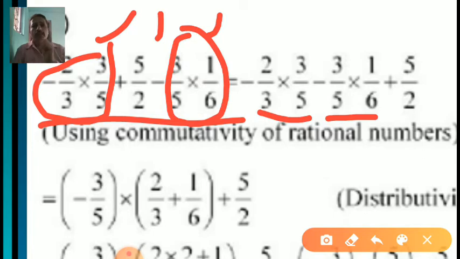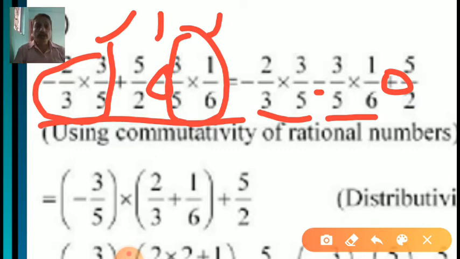But student, be careful. Listen, be careful. When you are shifting the terms, you should take its sign also. So what is the sign of the third term? Yes, this is the minus sign. So minus has to be put here, not a plus. Okay, now the second term will be shifted to third position and take its sign also. So its sign is plus. We can take this plus here and the number 5 upon 2.